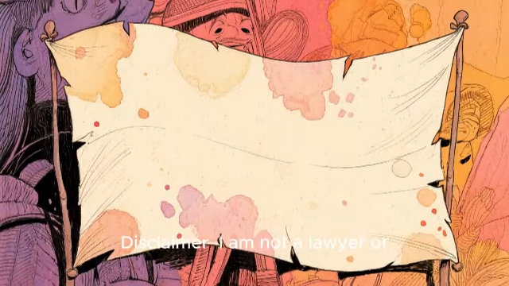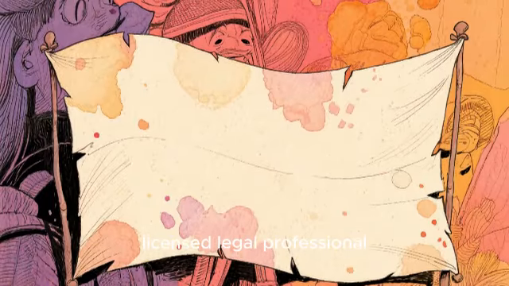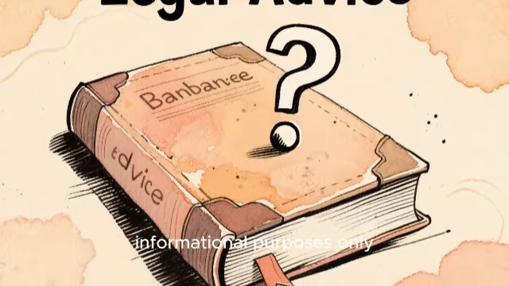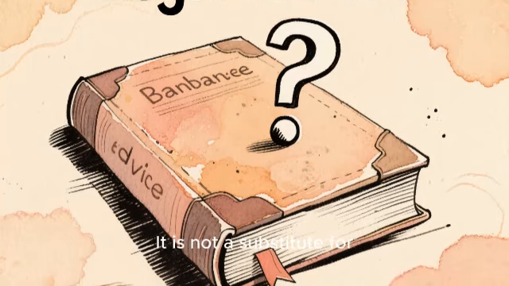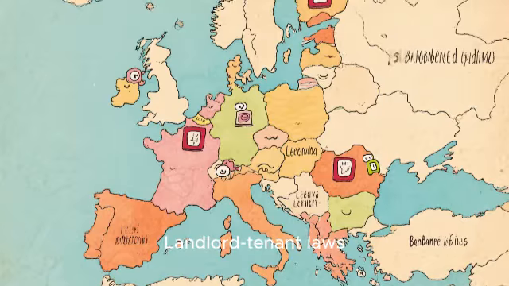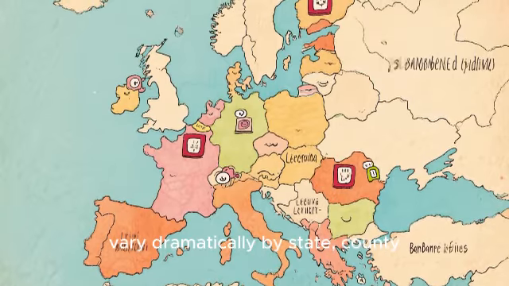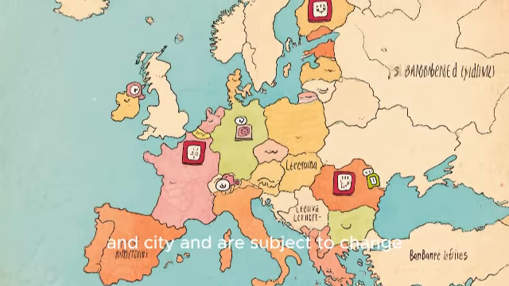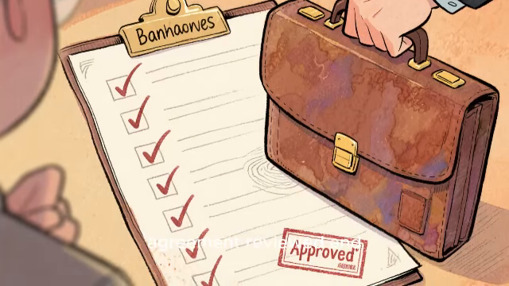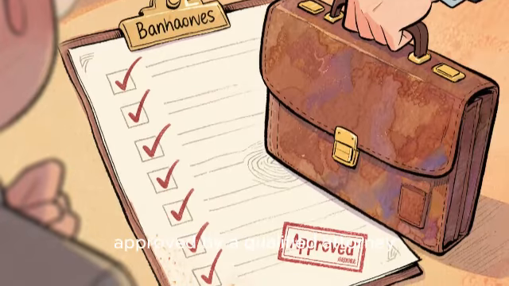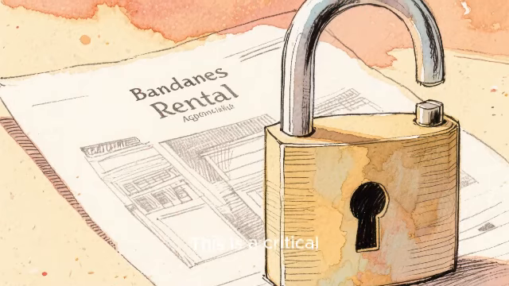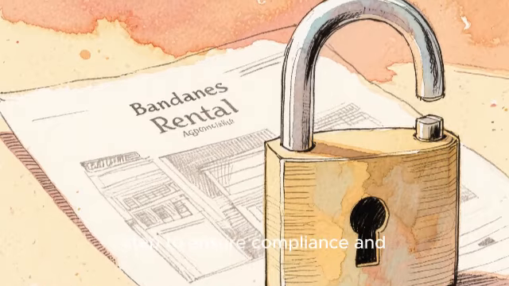Disclaimer: I am not a lawyer or licensed legal professional. The information in this video is for educational and informational purposes only. It is not a substitute for professional legal advice. Landlord-tenant laws vary dramatically by state, county, and city and are subject to change. You must have your rental agreement reviewed and approved by a qualified attorney licensed in your jurisdiction before using it with a tenant. This is a critical step to ensure compliance and